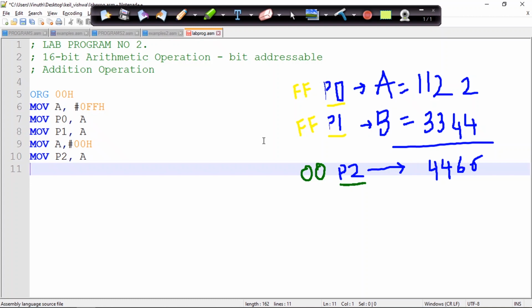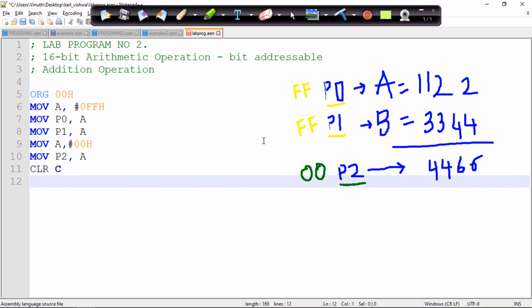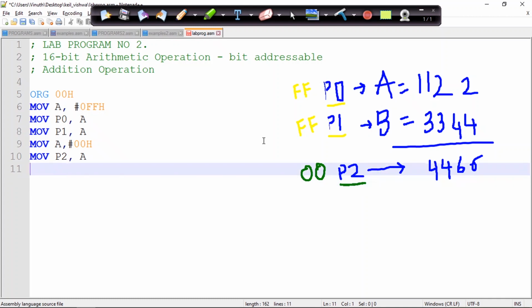Let us consider that the bytes coming in through the ports are lower nibbles. So I need to perform the operation on the lower nibble, and then on the higher nibble. Before that, we should make sure that our carry is cleared, or else let us put this particular instruction when we are writing our add instruction. I need to get the data from both the ports.